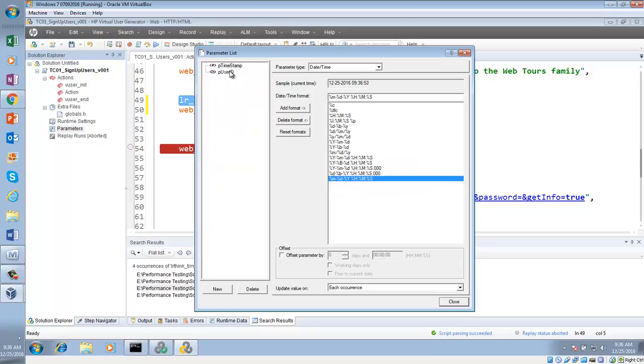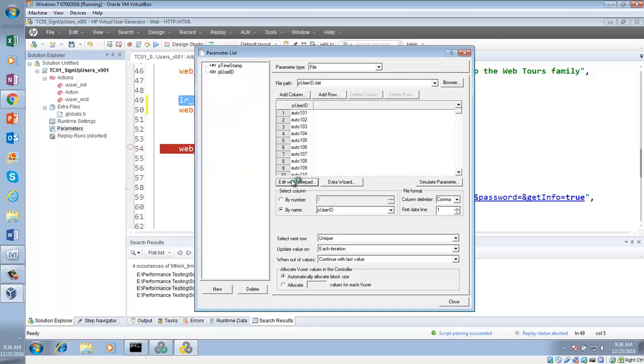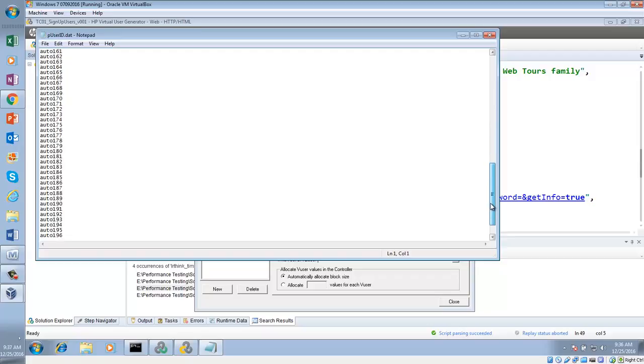Now let me see how much data I have. If I go to P user ID, let's take a look at how much data I have. How do you verify how many lines of user ID you have that you are trying to register? How do we count how much data is inside?